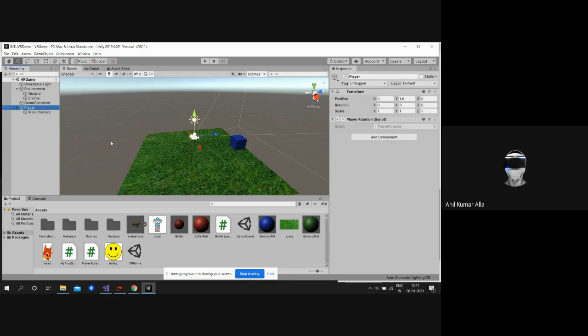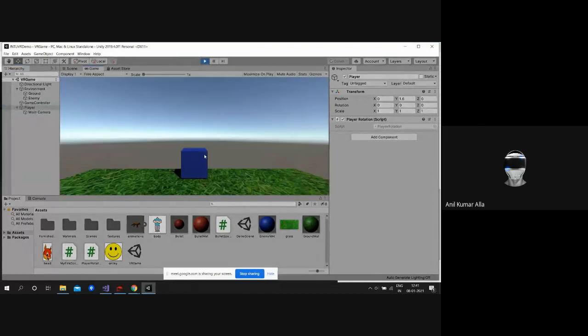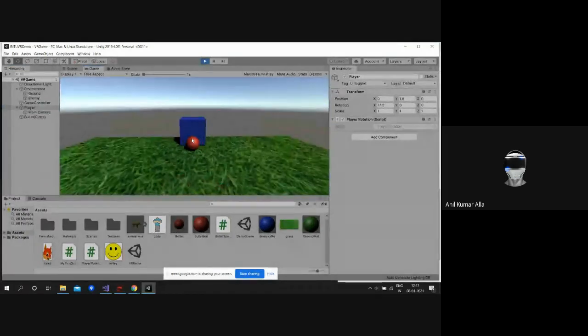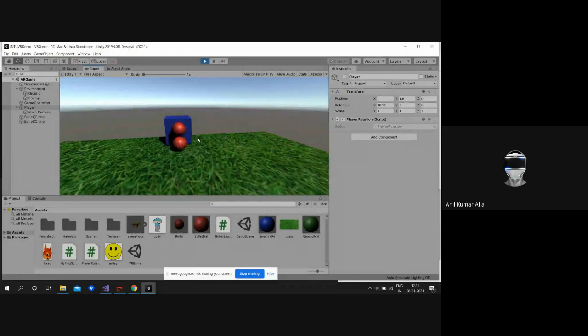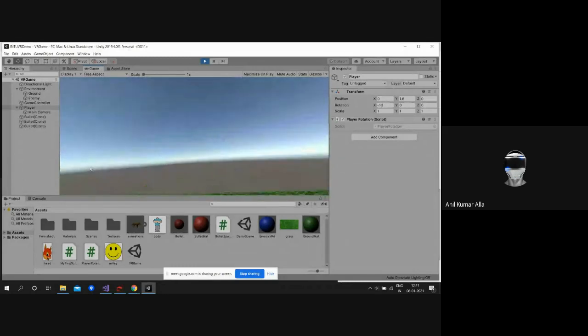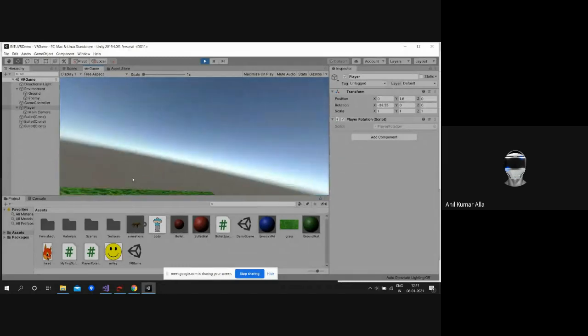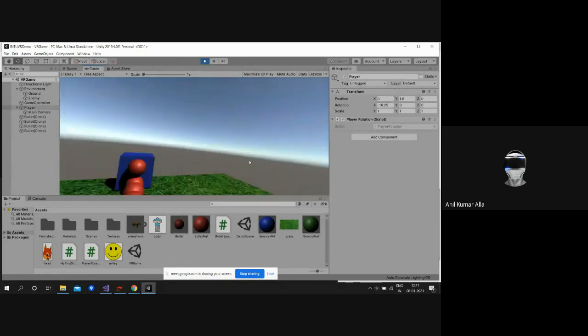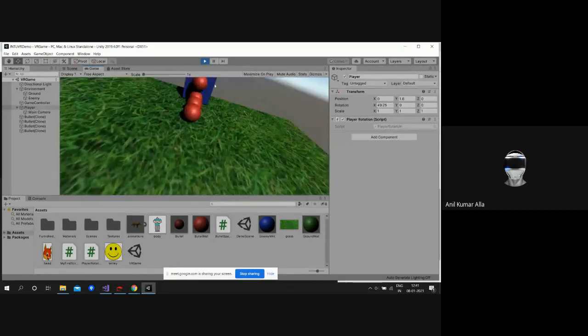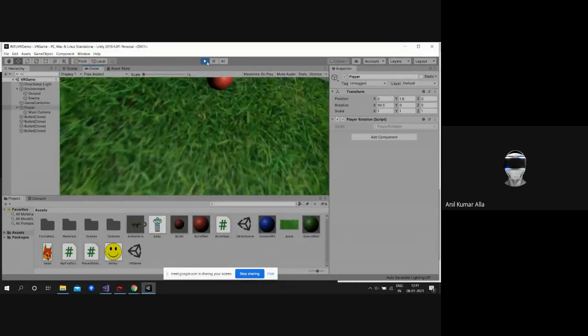So now the bullet should be at the player position. The bullet should come from the player. See this, whenever I touch, the bullet should come from the player. Now it's coming from somewhere else. Even if I look this side, the bullet is not generating this side, it's still generating this side. So for that, what I do is